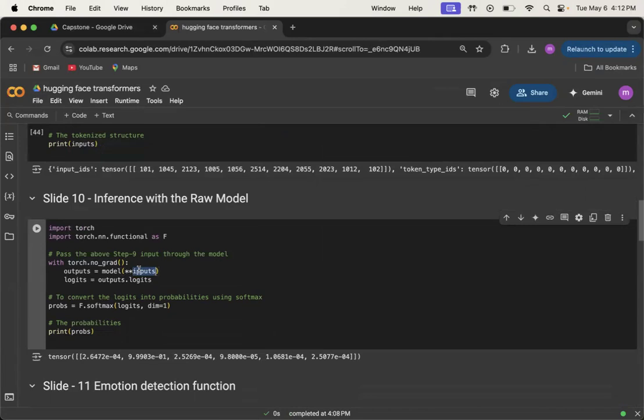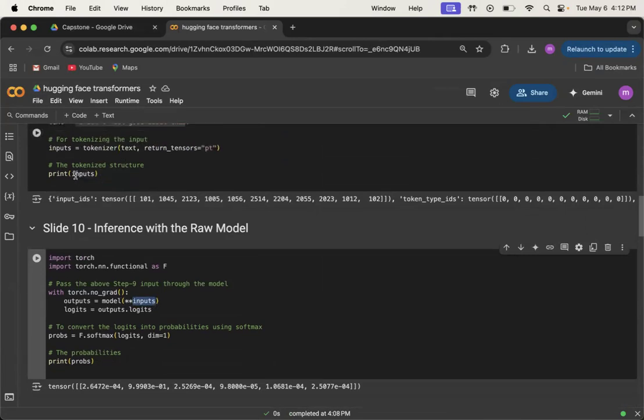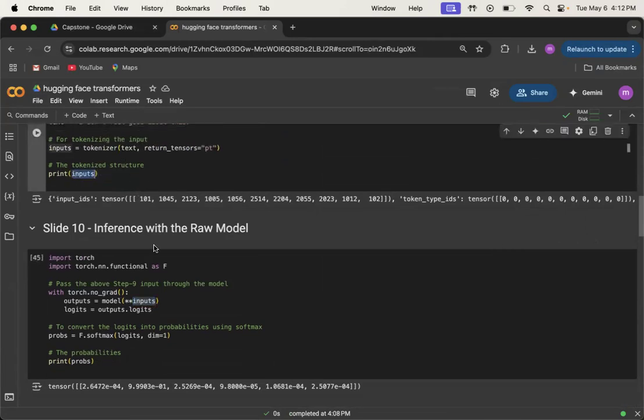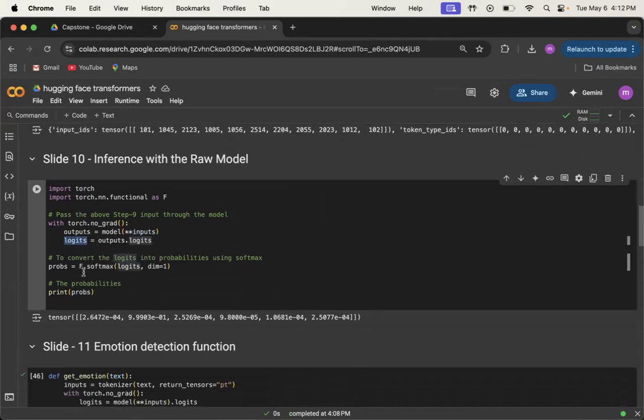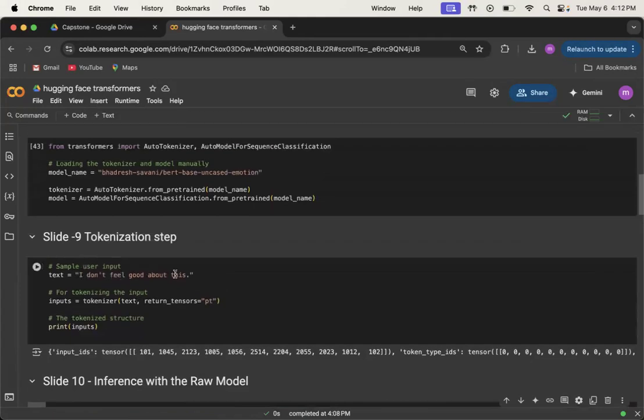I'm going to give the inputs I have got here, I mean the tokenized IDs, and I am converting them into logits here, using the outputs.logits attribute. And I am going to give it to torch functional. Using the softmax function, I am going to find which logit has the most probability. So you can see this is "I don't feel good about this,"